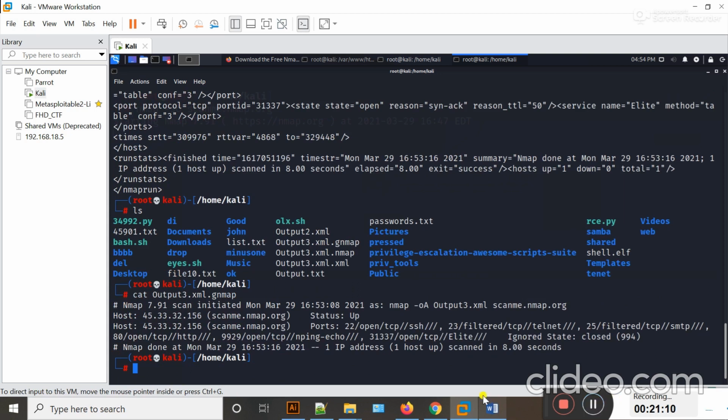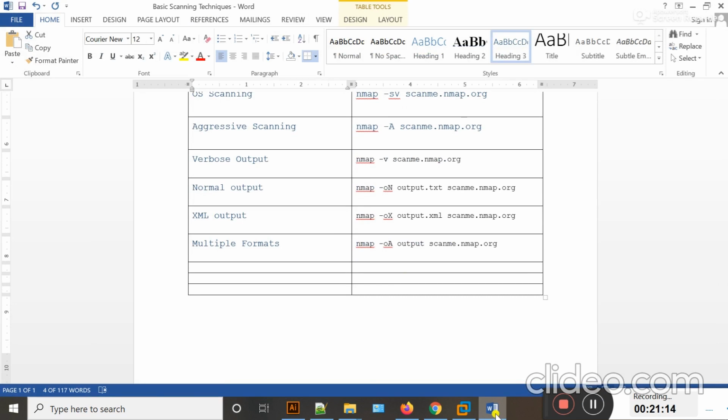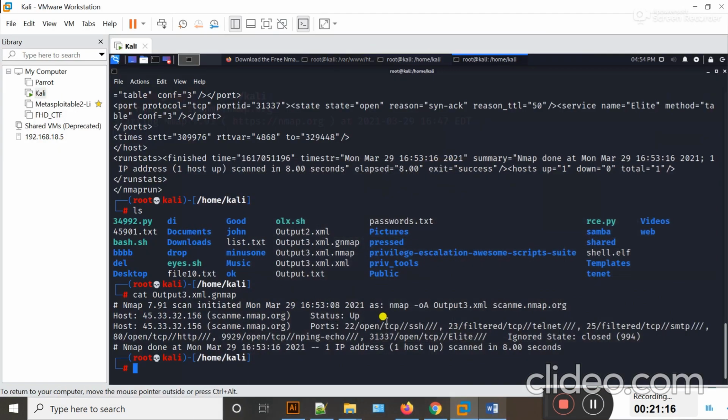So guys, in today's lecture I tried to cover some basic fundamentals about nmap. My coming videos will also be related to nmap. You can learn a lot about nmap, how you can actually use nmap to gather more specific detailed information about your target machine. For those videos you have to watch my videos. Till then, Allah Hafiz.